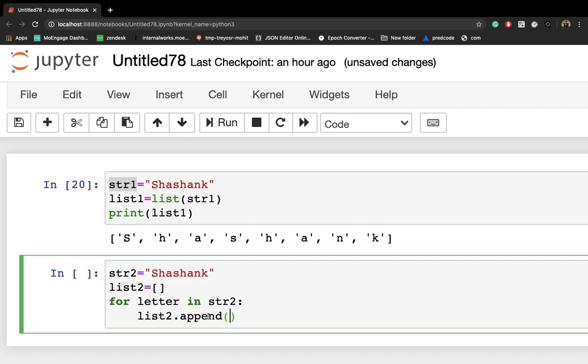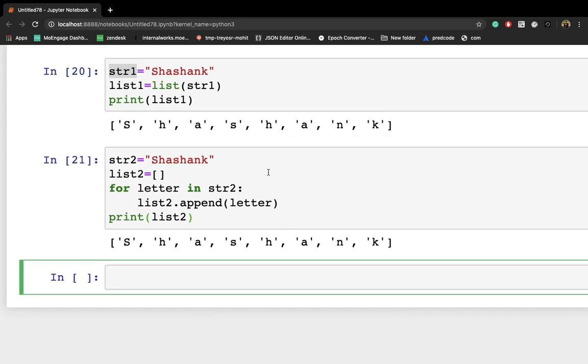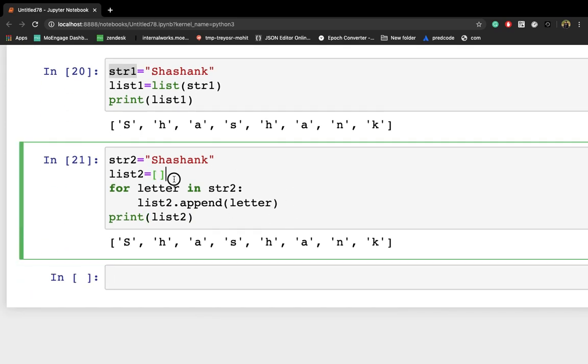This is a predefined function, and with this function all the elements get appended one by one, right? So we can put letter here, right? Now let me print this list2. If we print this, you will get the same desired result, right?